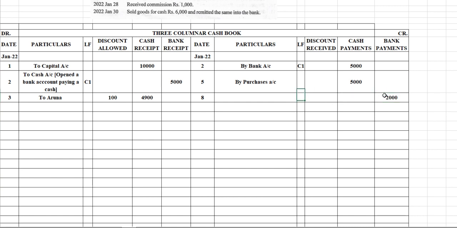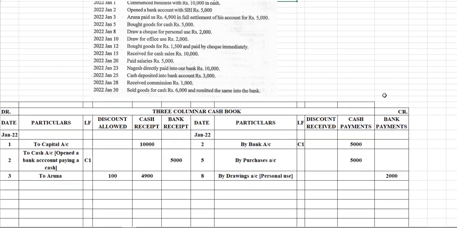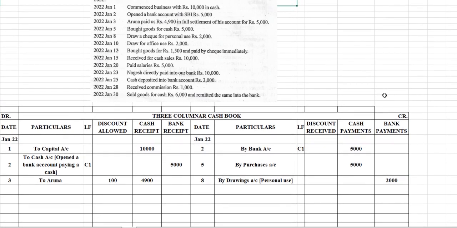Okay, 2,000 rupees is deducted from the bank for why? For personal use. So by drawings account, in the bracket personal use. Okay, done. Next, drawn for office use. Now on 10th,